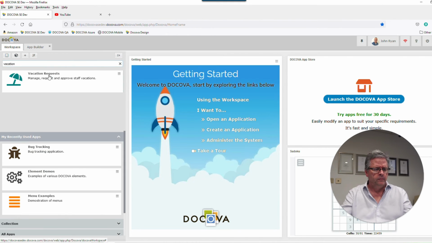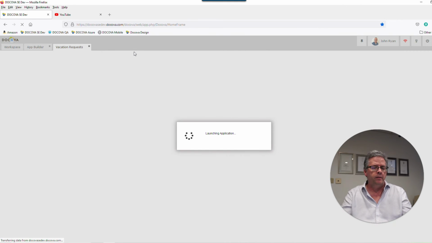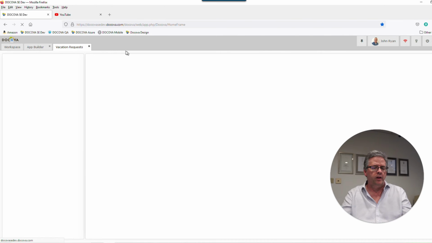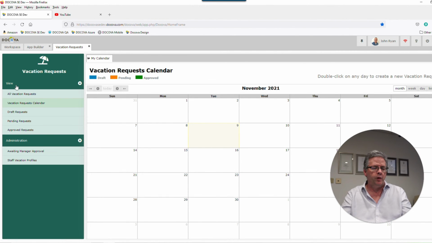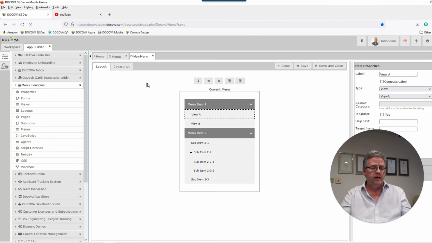And let's look at one more. So vacation request, say for the application, I've given it this umbrella look, and then when I open it up, it carries the umbrella into the menu at the top, for example, and says vacation request, and then underneath you have an already expanded look at the menu. So the menu's been pre-expanded for you, so you can see all the options here. And if we go back into the